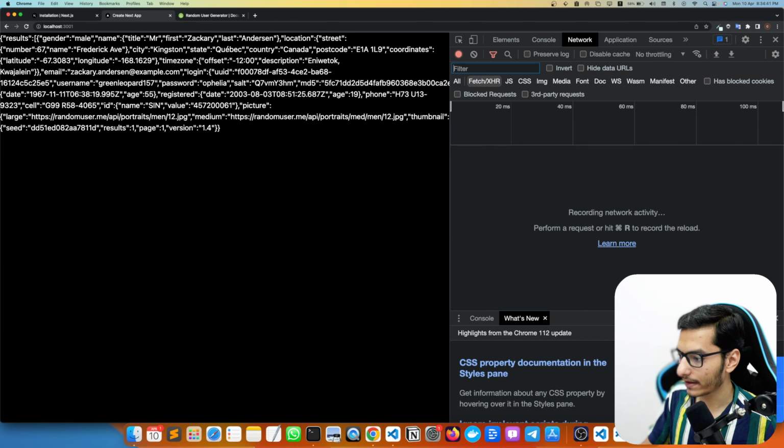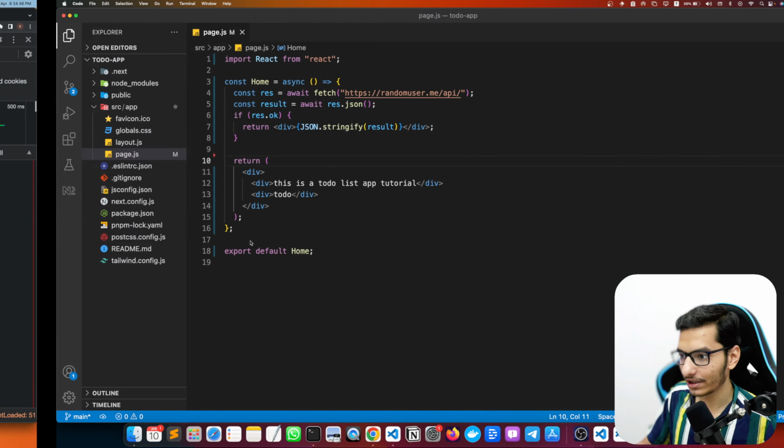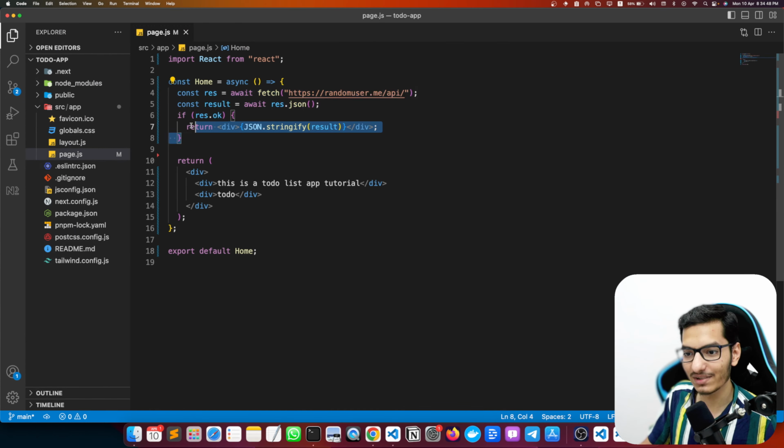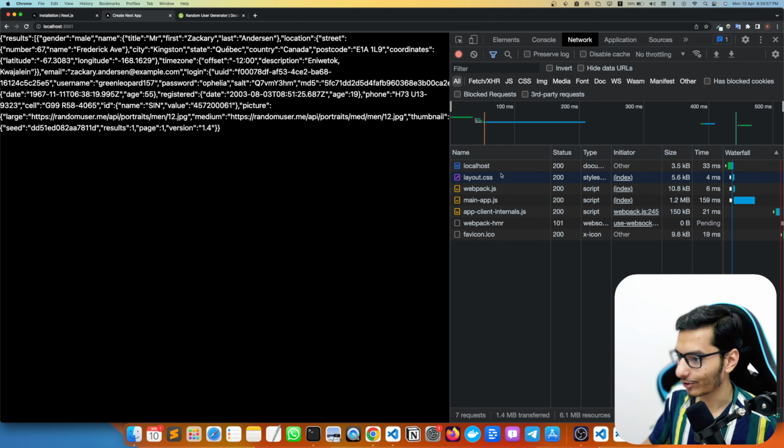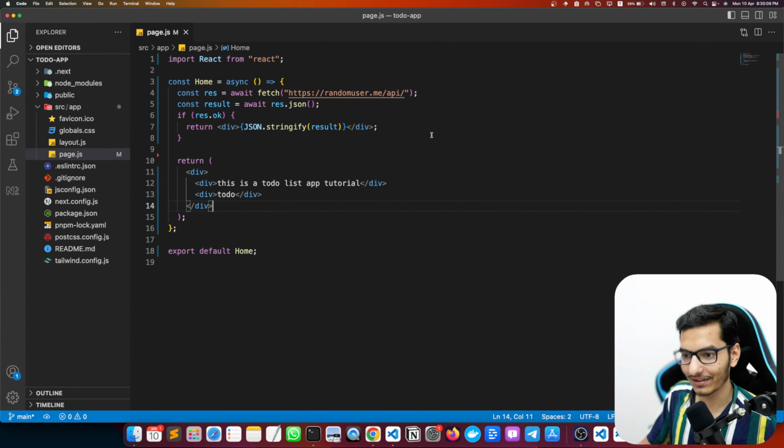And we are not fetching this API again and again. If you hit refresh again, you can see it is all server. So this is the code we are running on the server. Can you believe that? This is the code we are running on the server. This is the crazy part. Okay, you can see we are sending the whole page from the server,